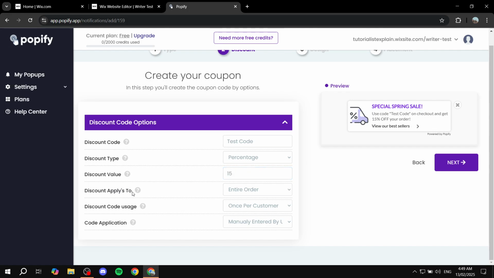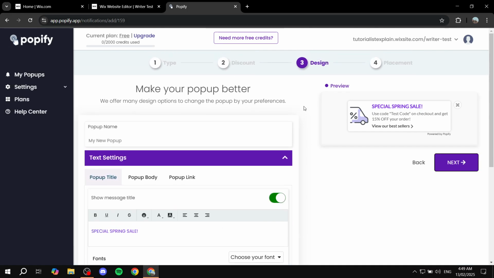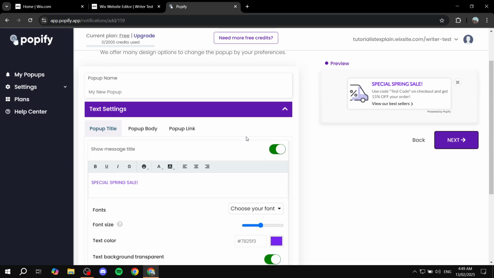And then the discount applies to entire order, specific collections, or specific product. I'm just going to keep it as entire order. And then here we have discount code usage once per customer. I'm just going to leave it at that, but you can obviously feel free to change it. And then we have also code application. Manually entered by user is the only option. I believe if you upgrade, you're going to have different types. So click on next once you're done with that, and you're going to go to the design aspect of things